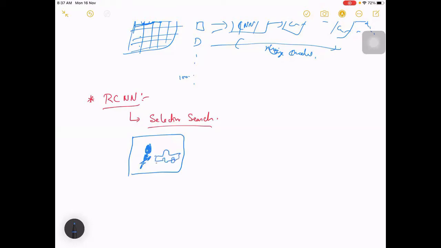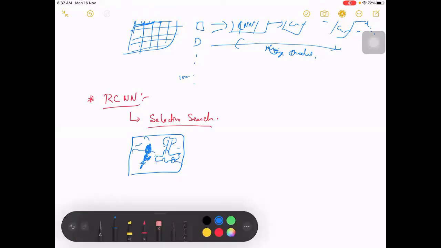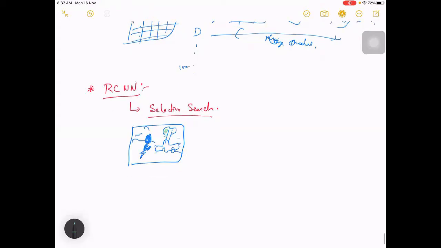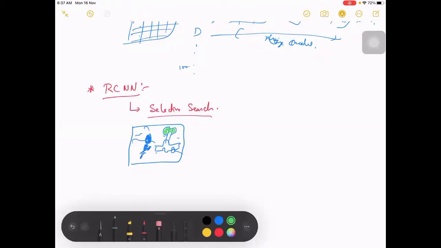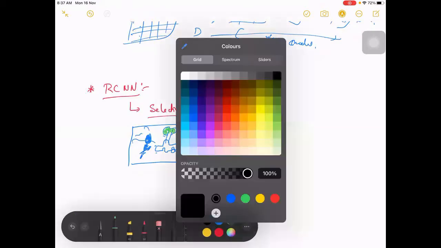So let me do it this way. There will be a tree here, sky, something like this. Anything, it can be anything. Each of them won't be normal, right? It will have some kind of colors. So what you'll be doing is,